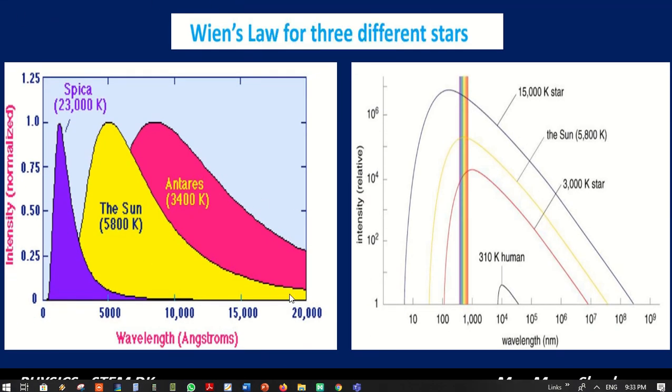Here is the spectrum produced according to Wien's law for 3 different stars of 3 different temperatures. According to the wavelengths produced, the visible spectrum of lambda maximum changes for the 3 stars, and so they will have 3 different colors. Here is the region where the visible light is found in the spectrum, at this wavelength. So the color of the star will be produced according to the region where its lambda maximum occurs in the visible light spectrum. Okay,